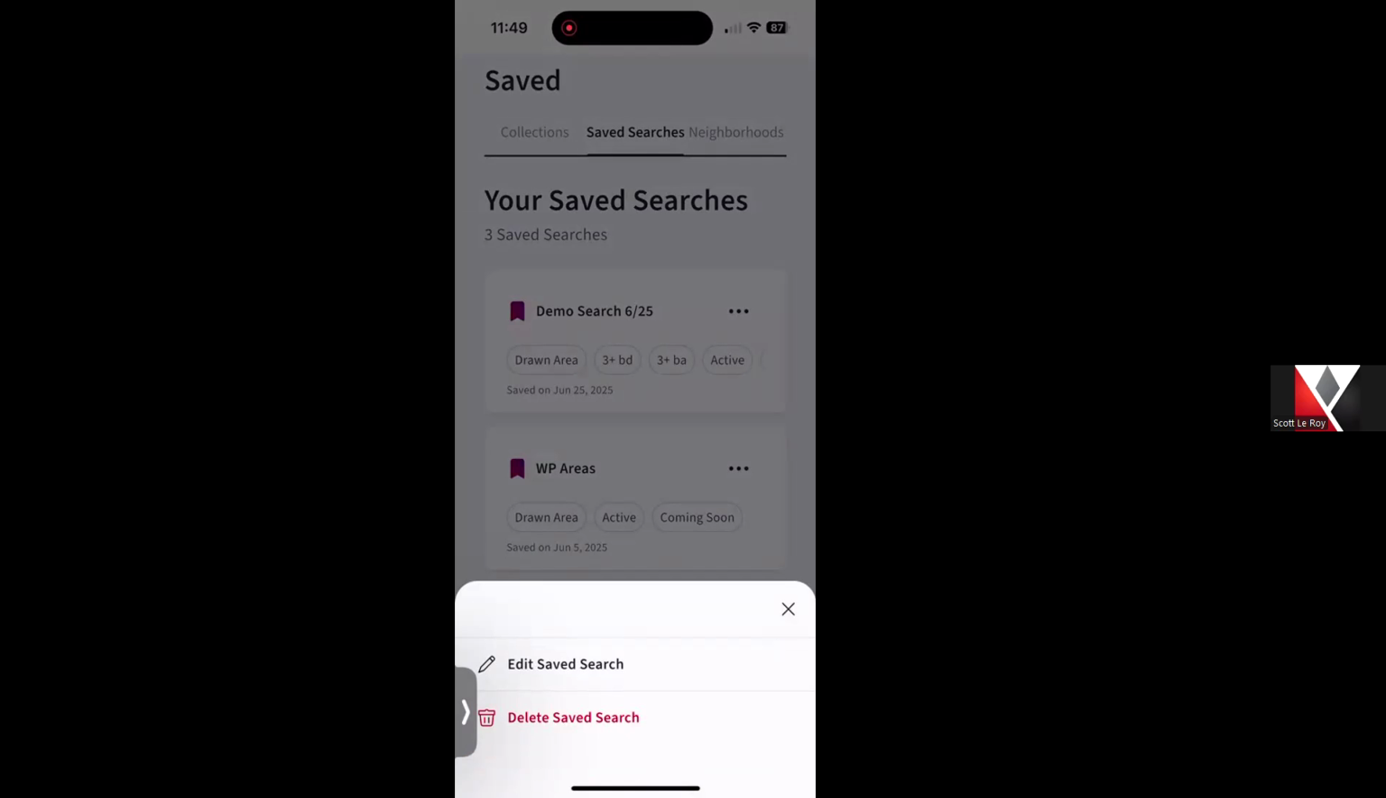You, the agent, within your Command, if you created the saved search for them, you and the consumer will both have the options to edit the saved search or delete it. If the consumer created the saved search within their app, they are the only ones with the option to edit or delete it. You may still be able to see within your Command that they have a saved search. You just won't be able to make changes to it if they were the ones that